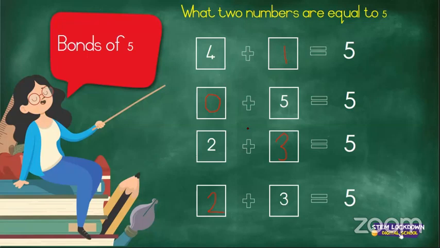Okay, boys and girls, so you are going to practice your bonds of 5 at home, okay? So maybe you are going to gather 5 objects. Maybe you can use your pencils or your pencil crayons, okay? And you are going to practice bonds of 5 with your pencils, okay? So put 2 down and then see how many more you need to add to equal to 5. And then you can put 1 down and see how many more you need to add to equal to 5. Okay, so you can practice with objects.